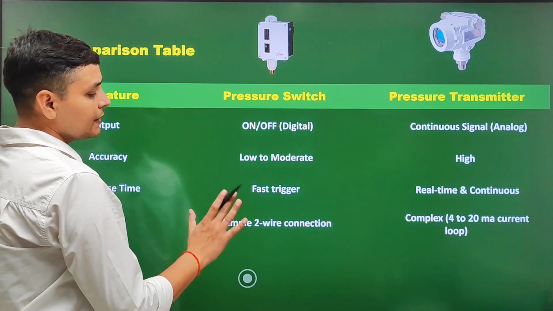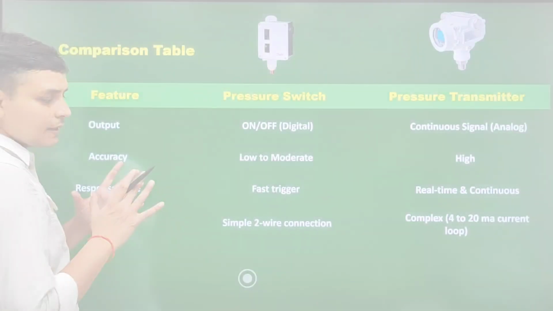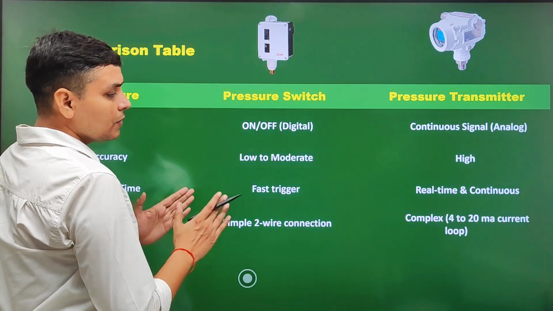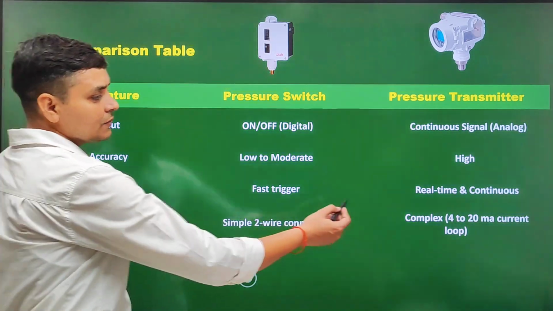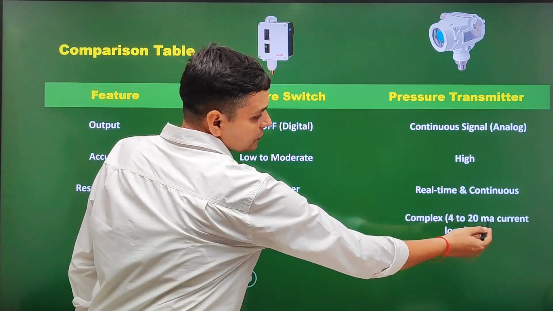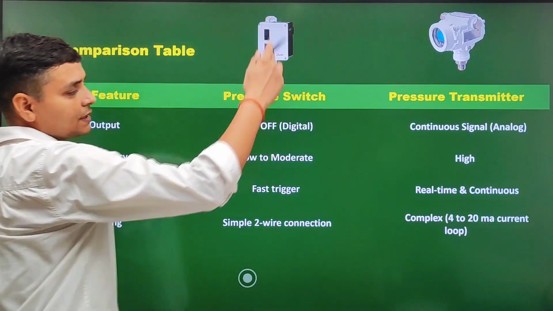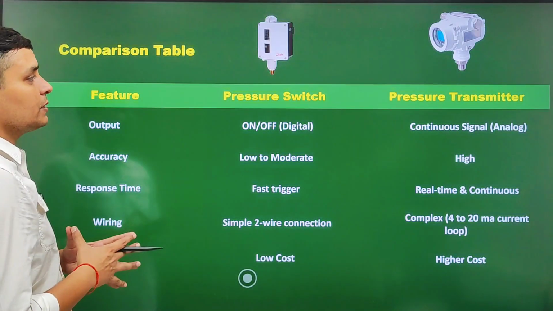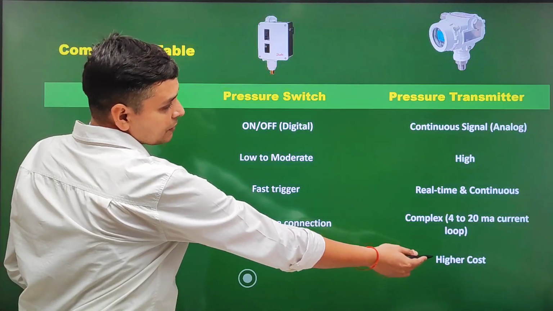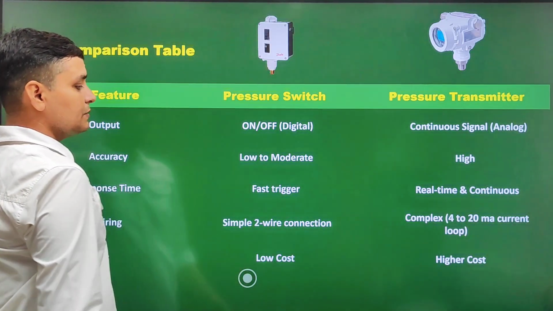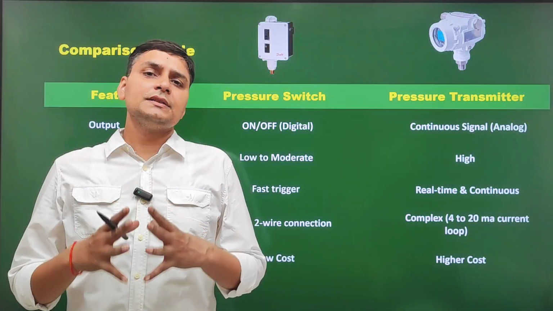The one wire will be connected in common terminal and the another wire will be connected in NO or NC terminal. In pressure transmitter, wiring is complex and we will use 4 to 20 milliampere current loop for pressure transmitter. If we talk about the cost, pressure switch cost is low and pressure transmitter cost is higher in comparison to pressure switch.